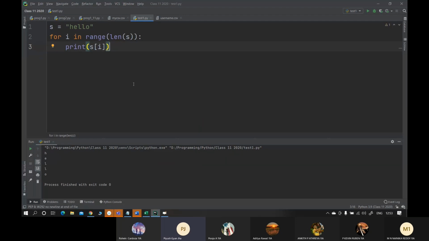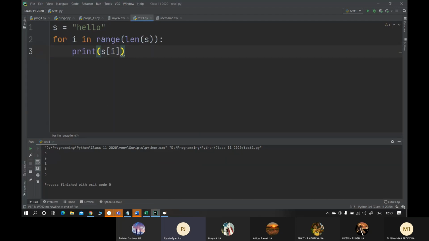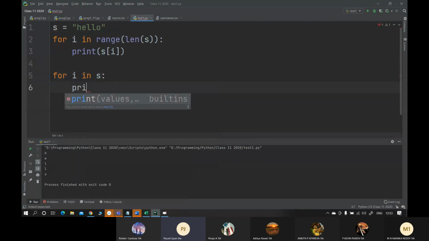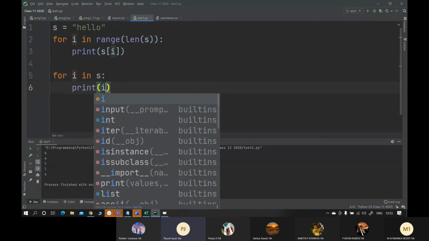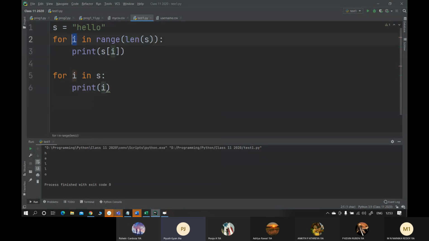So by iterator, I mean कि one way of using string is you can use range. Another way of using string is you can use for I in S. Here you will print I because in the range approach, every time I becomes one index position.